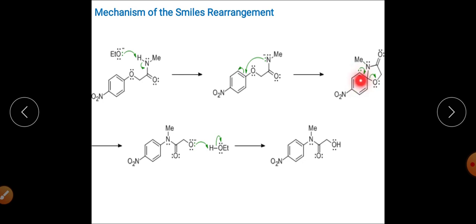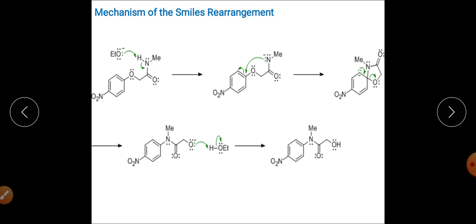After this, aromatization will happen, because here it has lost the aromaticity. Now it will regain the aromatic character, and while regaining the aromatic character, this particular bond will be broken down, and this will be eliminated in the form of O negative, right? And finally, this O negative will abstract H from EtOH and will get converted into the product. So basically, where the X was attached, now there is an attachment of this particular carbon with the Y, that is nitrogen, and this particular X negative will abstract the H and will get converted into the product.